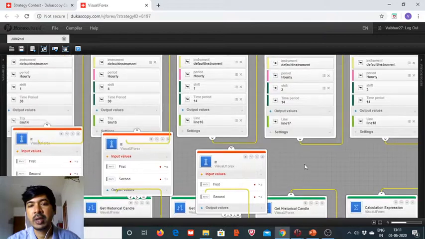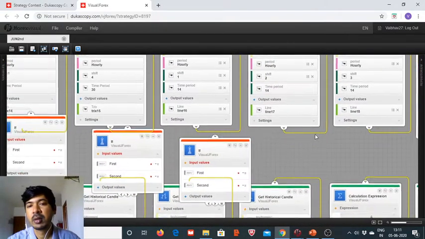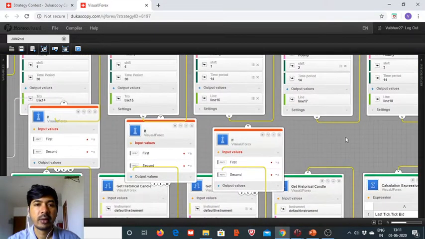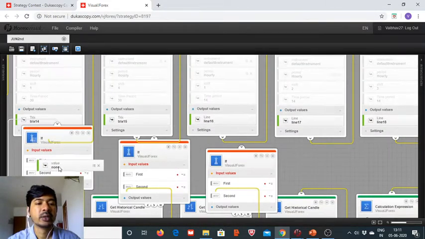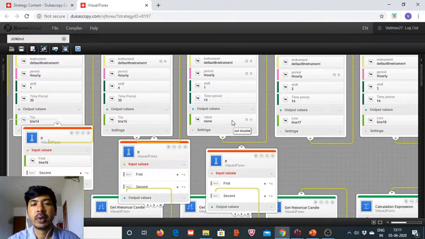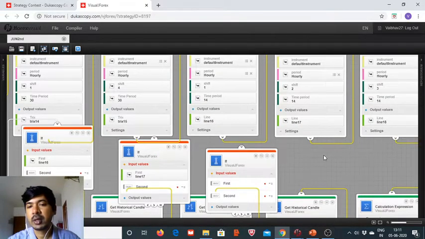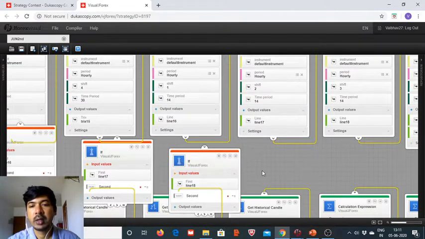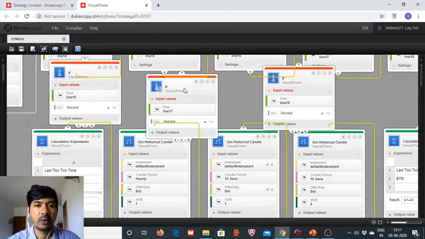So here we take this line 16, line 17, line 18. Those are linear regression angle values. Shift 1, shift 2, and shift 3. Line 16, line 17, and line 18. So here we have defined this,